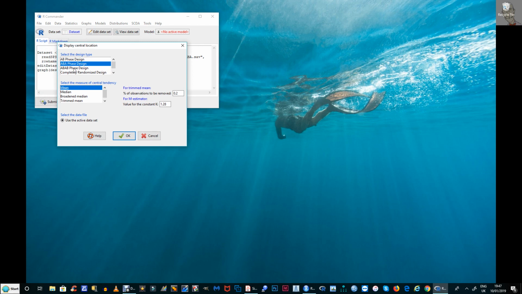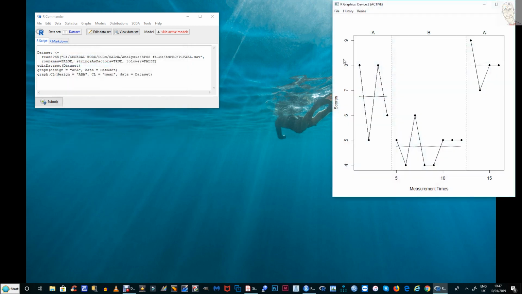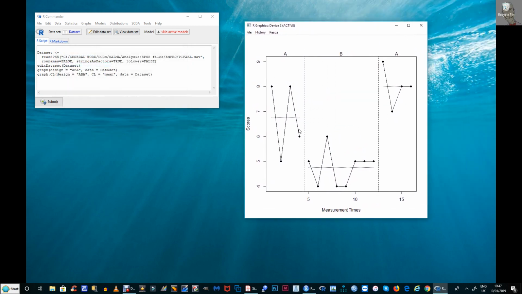Just a hint here, you only get one chance at doing this. If you do this wrong and run it and it's not right, you can't go back in and change these. What you need to do is cancel and start again. Anyway, I've chosen the right ones. It's an ABA phase design. We want to plot the central tendency of those points, and it gives you exactly the same plot, but